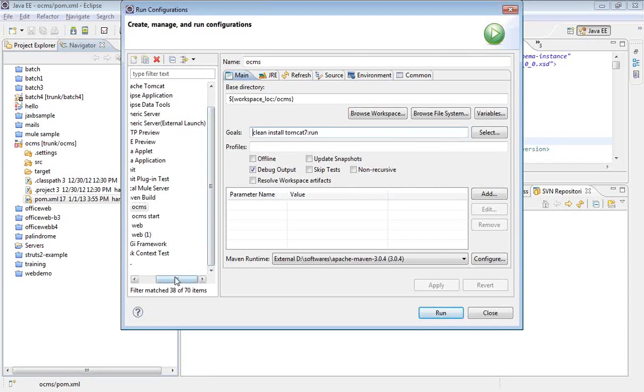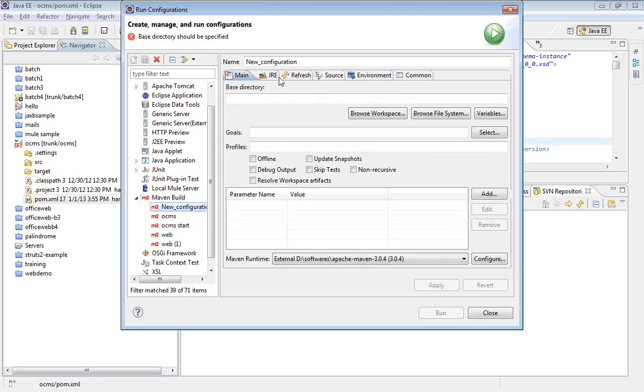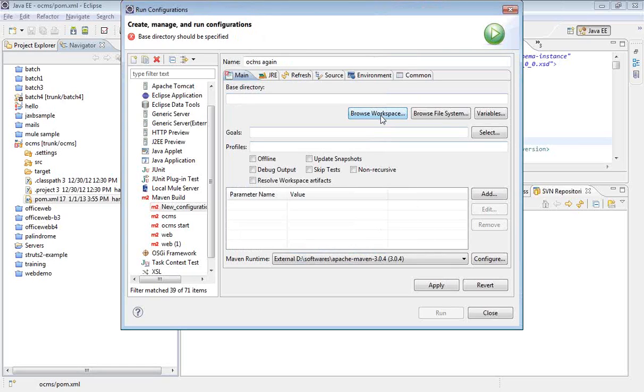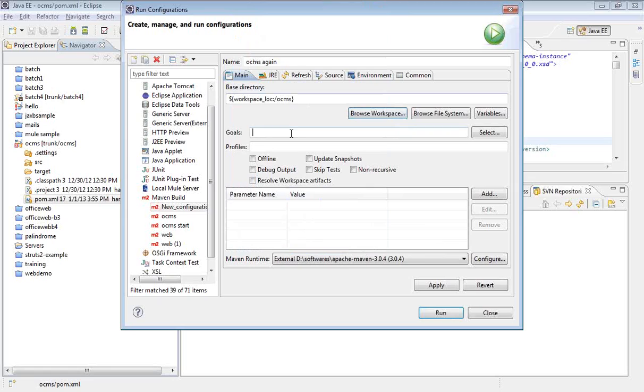So here what I'm doing is I'm going to see, basically, you will find something called M2 Maven build, and then you will not have anything else. Okay, so what I will do is I'll click here the plus symbol, and maybe give some name, OCMS again in my case because it's already there. So you need to select the project you are going to work with. So I click, see here, base directory, browse workspace, select the project, in this case OCMS for me. Okay, and in the goal you can give this and say